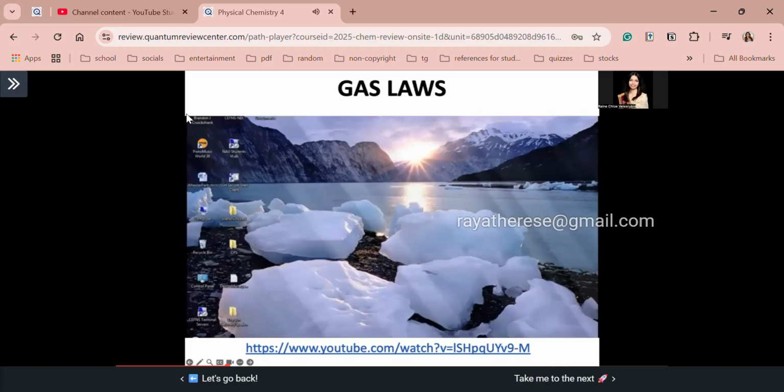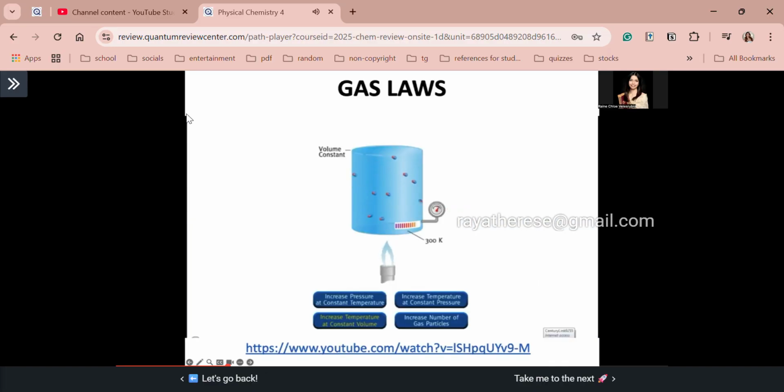Let's use a Bunsen burner to increase the temperature of the gas. As the temperature is raised, the average velocity of the gas particles increases. Thereby the frequency and intensity of collisions of gas particles with the container walls increase. Pressure, which is defined as the force exerted per unit of surface area, will clearly increase as the frequency and